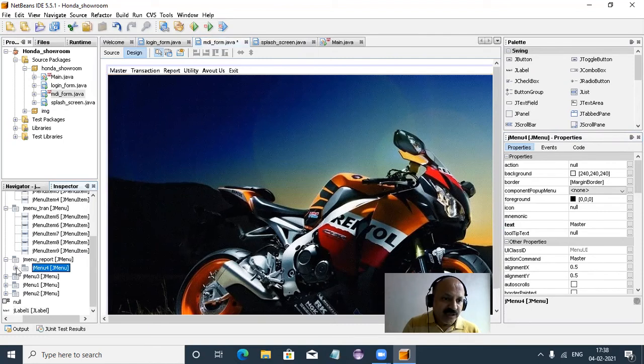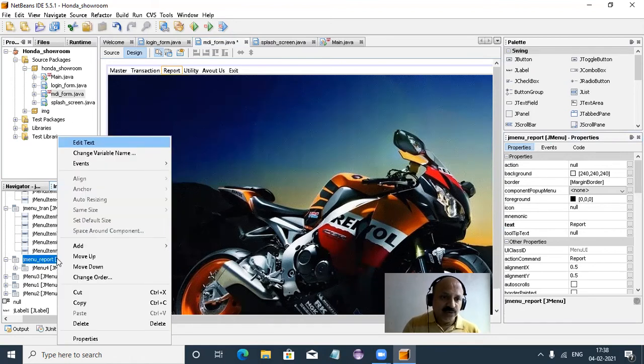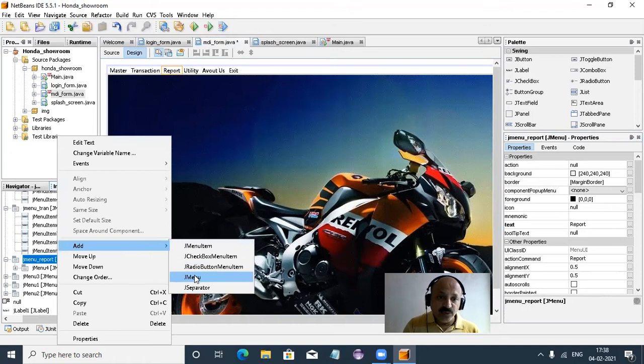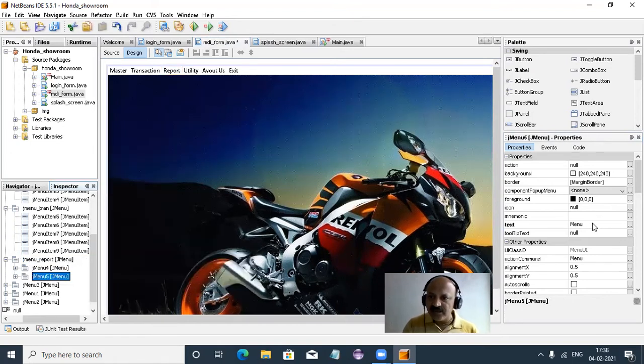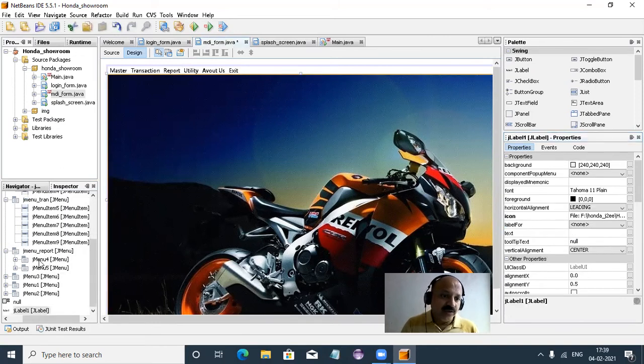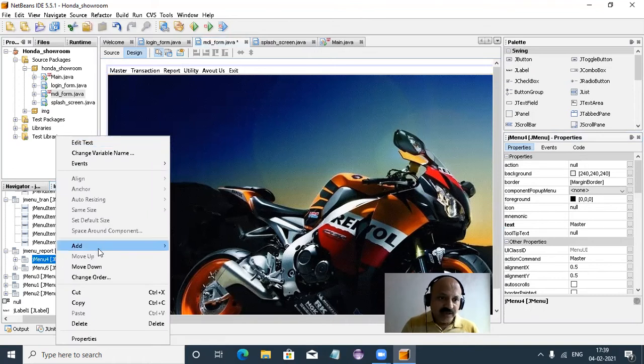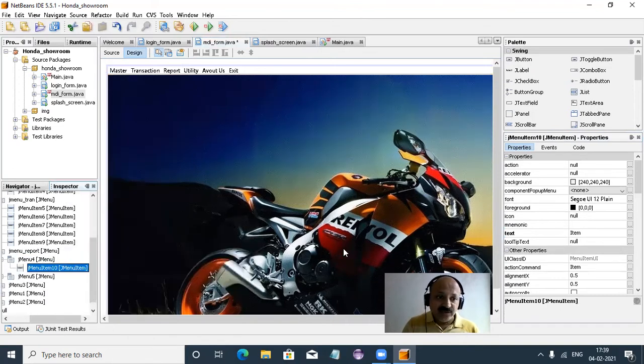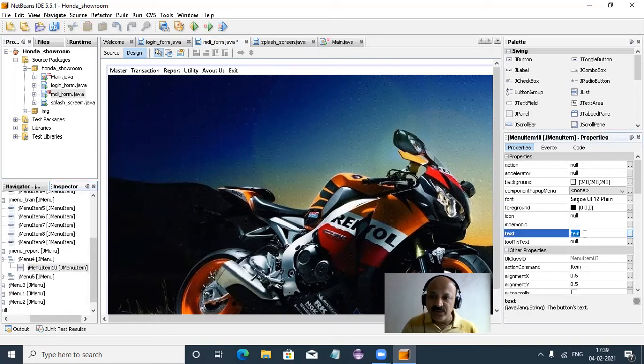So here in that place I click this report main panel and add one other JMenu. So right click, add JMenu, not JMenuItem, and here we can say transaction. So yes, that is transaction. Under that we can take all the reports. Yes, that is my goal. Now I click under that JMenu item, and you can look here, there are three levels: report, master under that report, and